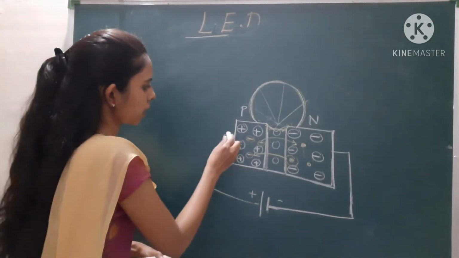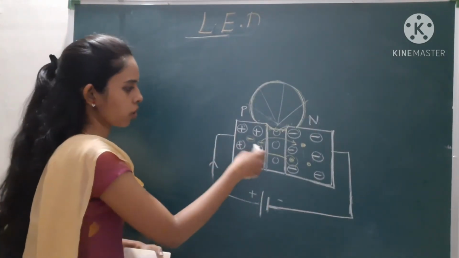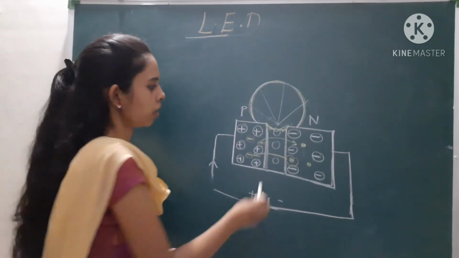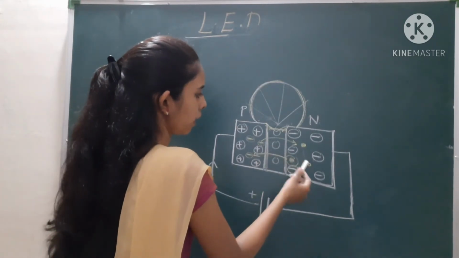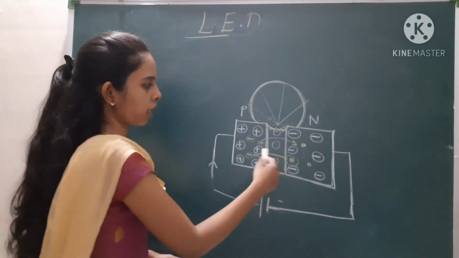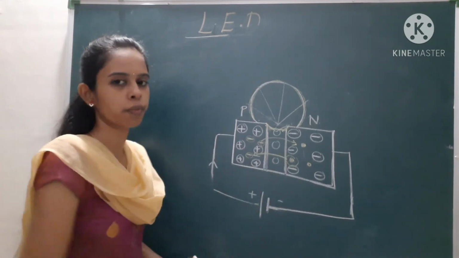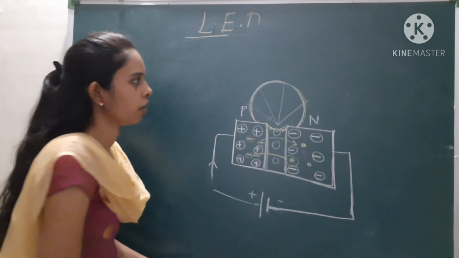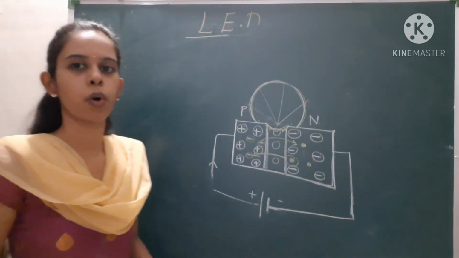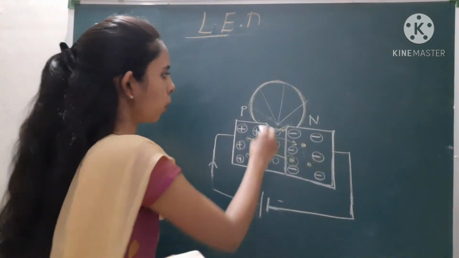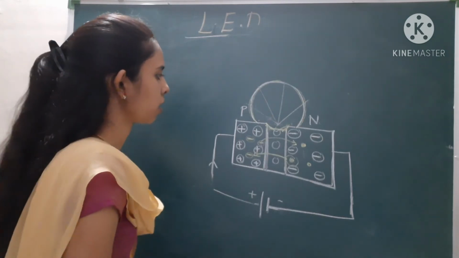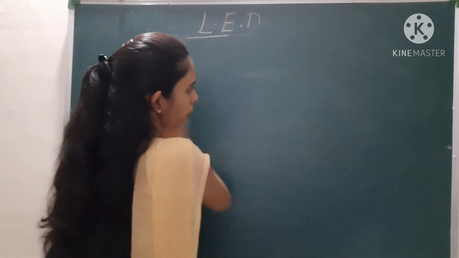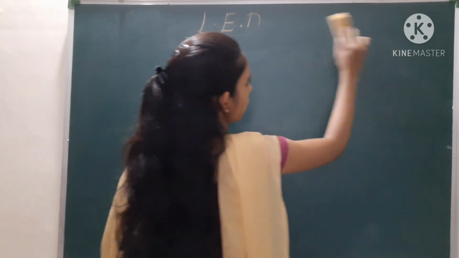If you increase the external voltage which you are supplying to this PN junction diode, then the number of hole and electron pairs recombining increases, and during this recombination of holes and electrons, much energy is radiated out, and this energy is in the form of light. If you dope the P region and N region in different proportions, then you will get different colors from this radiated energy.